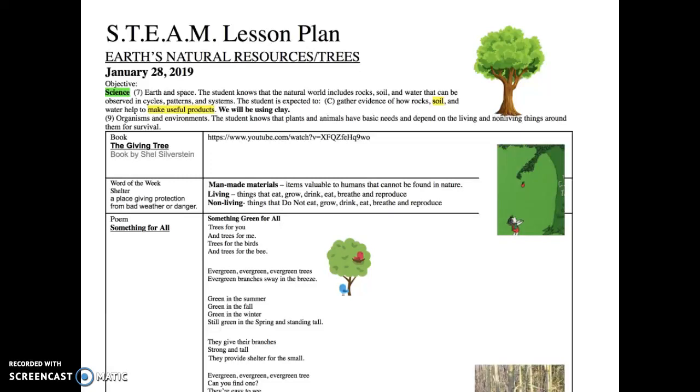STEAM lesson for January the 28th. We're still in natural resources. We've gone through and talked about water, soil, and now this week we're on trees. Here are the objectives. The book that we're going to be using is The Giving Tree, and here is the